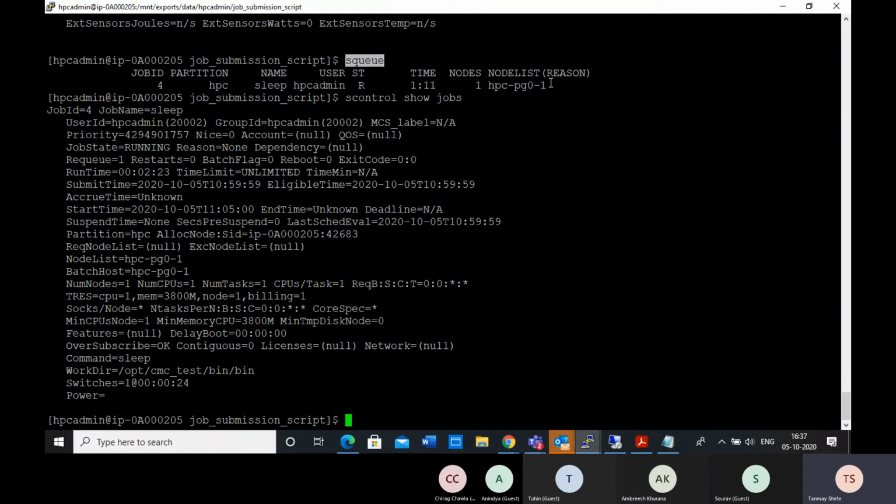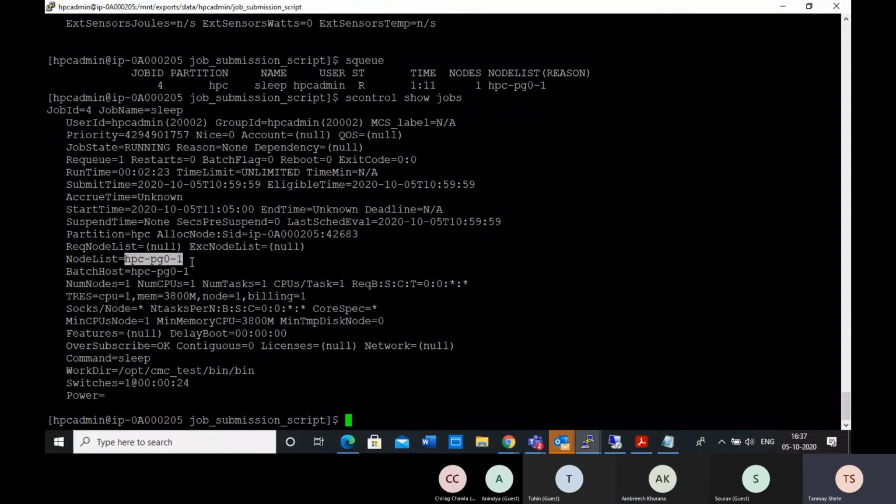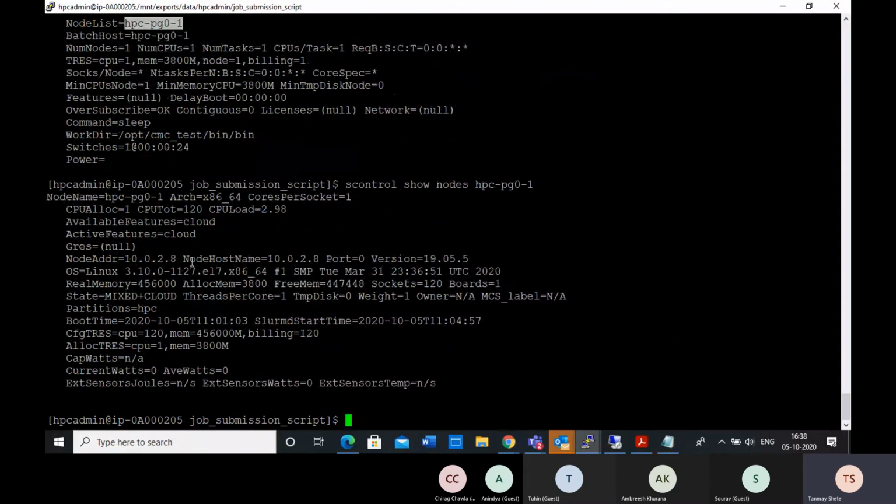I think it gives :1, but I don't remember. But scontrol show jobs is a better way, and you can get all the details. And which node it is running on, you can also see from the node list.